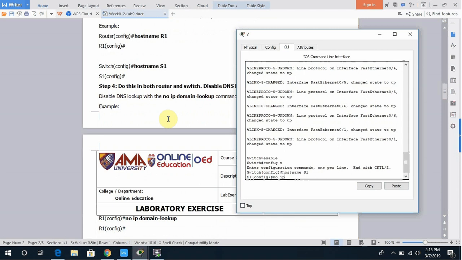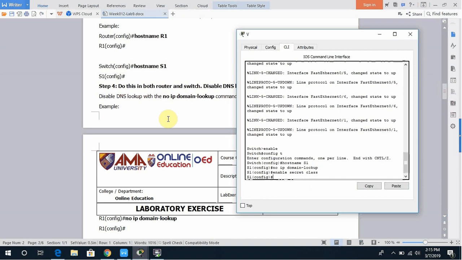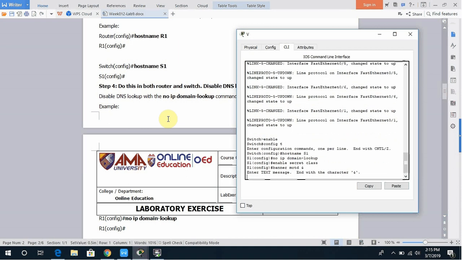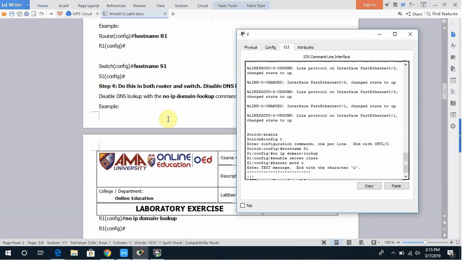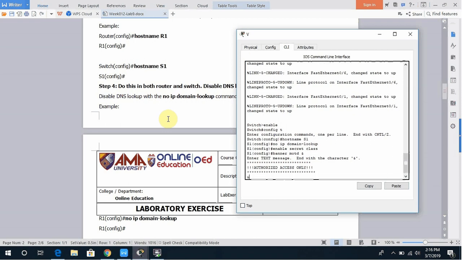then no ip domain-lookup, enable secret class, banner MOTD end. Okay, authorized access only, and